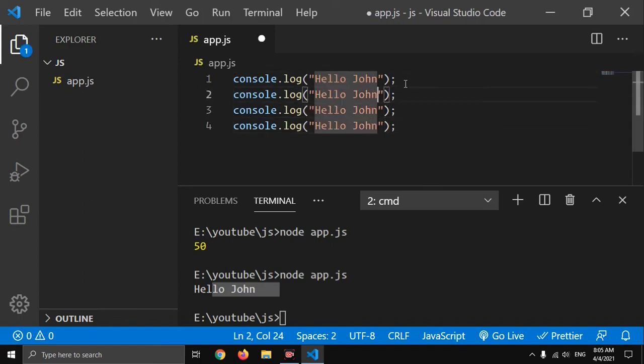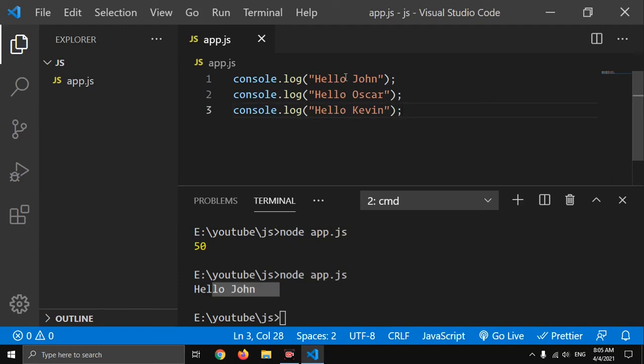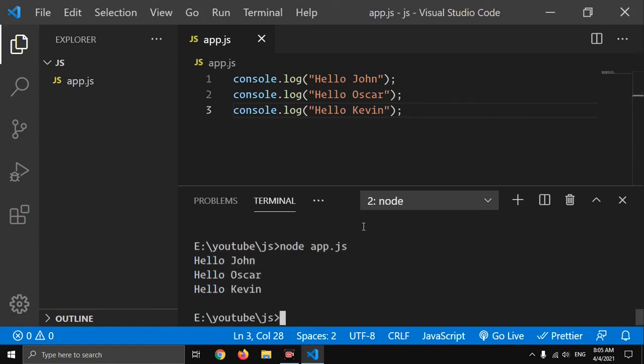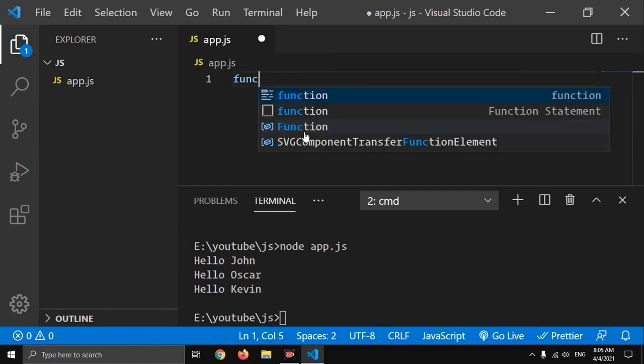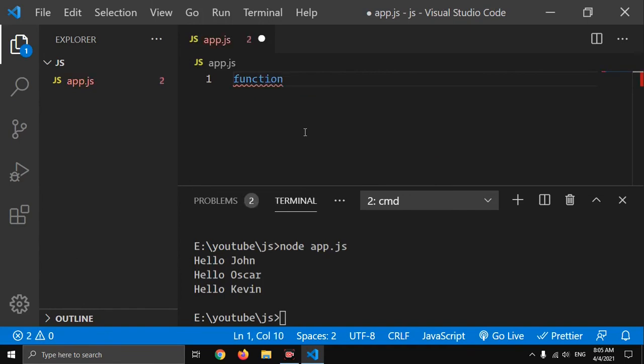other names like Kevin. Here you can see we have to write many console log statements to do this, but we have a much simpler way to do this. Functions are a group of JavaScript statements which we want to execute. We have to write function and then give a function name, let's say msg,